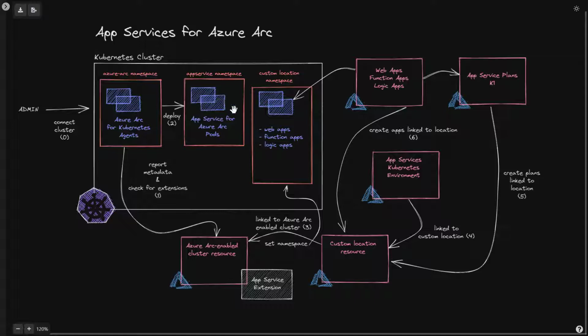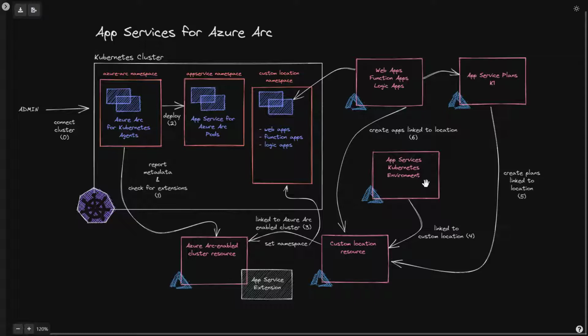So in the demo I'm going to show you, I'm going to use the same namespace for both these things. Now, having a custom location is still not enough, because you also have to have the concept of an app services environment. In the public cloud, this exists as well, if you want to have your own dedicated and isolated environment to run web apps, function apps, and logic apps. And you have to see Kubernetes as also a specialized version of that. It's your own environment to run all those types of apps. So you have to create what is called an app services Kubernetes environment, which is also linked to the custom location. And now we're ready to create web apps, function apps, and logic apps on top of this app services